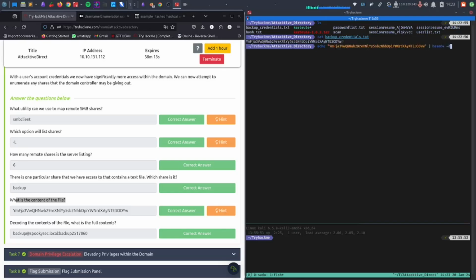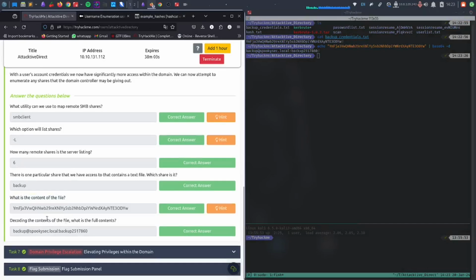Close it, and then you do base64 -d, press enter, and we have decoded the code to be some form of credential. So decoding this, what's the full content? That is the full content that we just got. Next up,